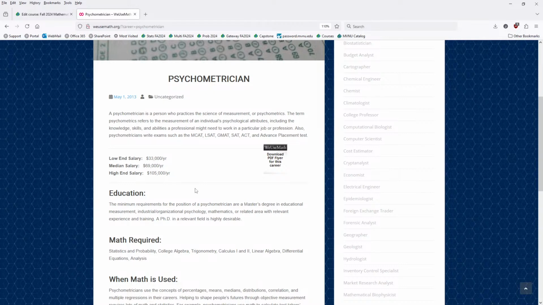You might say, how am I even qualified? Minimum requirements for the position are a master's degree in educational measurement, industrial organizational psychology, mathematics, or related area. I suppose you probably could get in on the ground floor with a bachelor's degree, but I'm encouraged that it says a degree in mathematics.